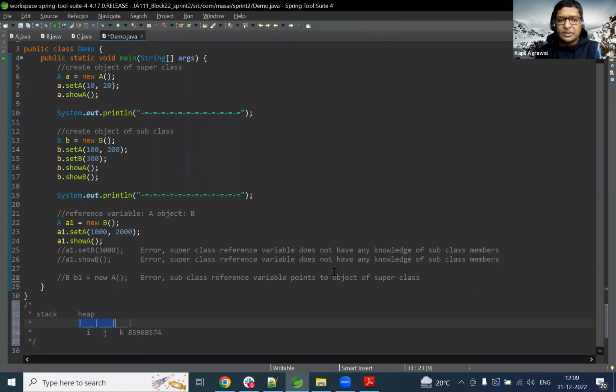This highlighted part is actually object of class A. Yes or no? Yes, it is. So definitely object of class B is an object of class A. And if I'm talking about the reference variable, then regarding the reference variable, you can see one thing very, very clearly, that sir, if we are talking about